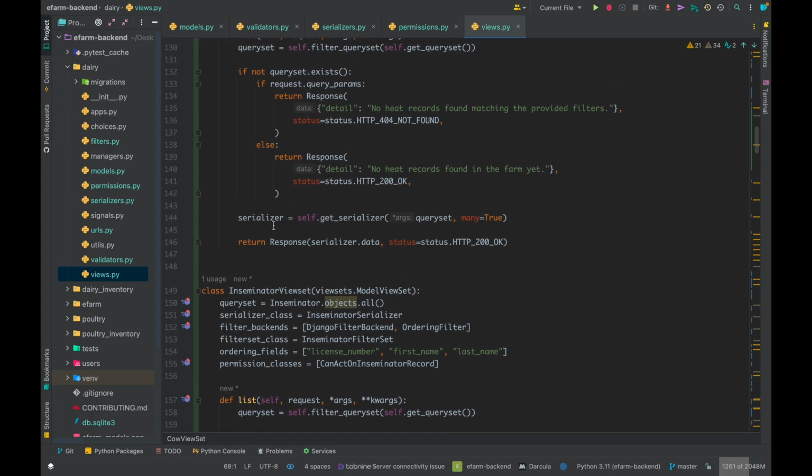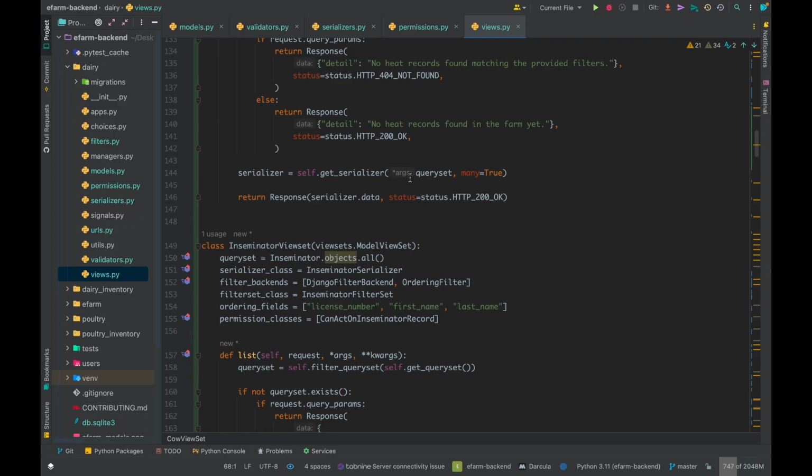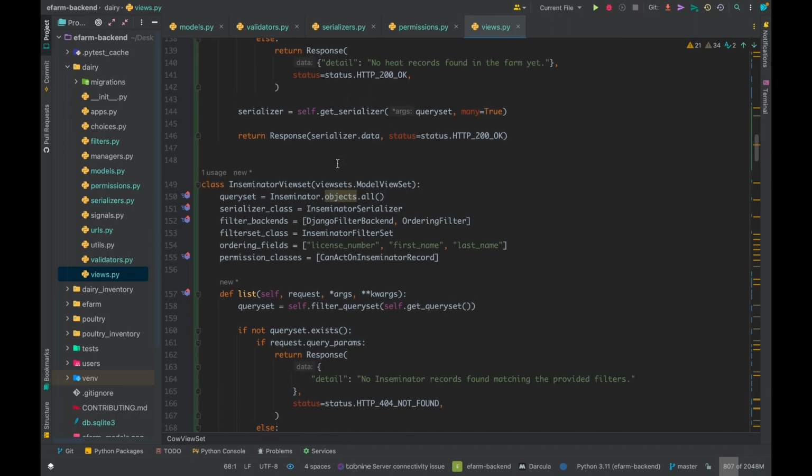And if there's some data over here, of course, we now pass the query set to the serializer to serialize it, and we specify many=True because it could be several heat objects in that query set. And then for the